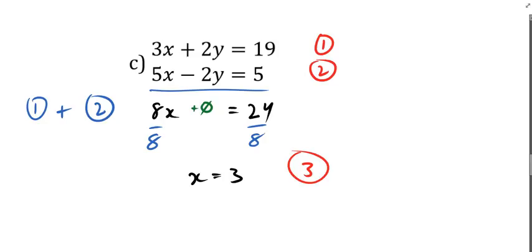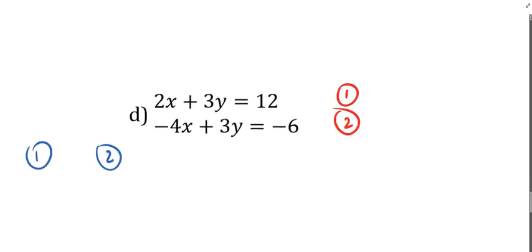But look at example C. The y's have the same number, but opposite signs. If I add them, I'll get 0. This one, same number and same sign. So I have to subtract to get 0. See how it's either or? You got to pick the right one. And you got to know if you're eliminating the x's or the y's. So if I subtract in this case,